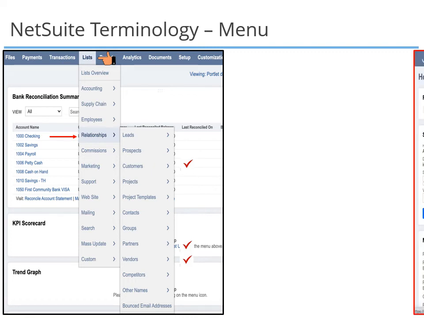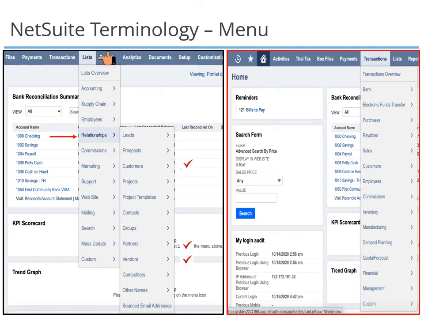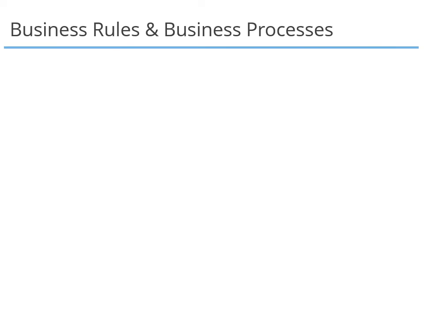Transactions represent the day-to-day business activities that occur between entities and items. It refers to the movement of money or value. Some examples of NetSuite transactions include sales order, purchase order, customer invoice, supplier invoice, credit note, and more. There are several types of transactions which exist in NetSuite, each representing a distinct type of business activity. You can see a list of transactions under the Transactions tab in the Navigation Center.